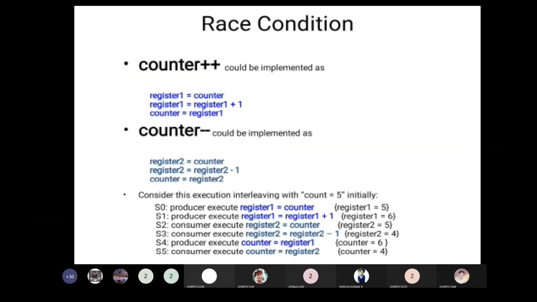Now, there is another concept relevant to process synchronization called race condition. Take this example, counter plus plus, implemented on the producer side: register 1 equal to counter, register 1 equal to register 1 plus 1, counter equal to register 1. They are using three assignment statements to show how counter plus plus is